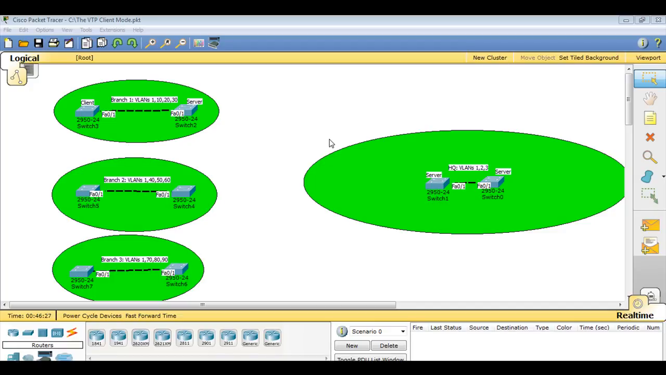In this lecture, I will talk about the VTP Client Mode. So here we have this topology that we will use in this lecture, where we have a main site or the headquarter site with two switches configured as VTP servers, and we have three VLANs configured here: VLAN 1, 2, and 3. And we have three branches